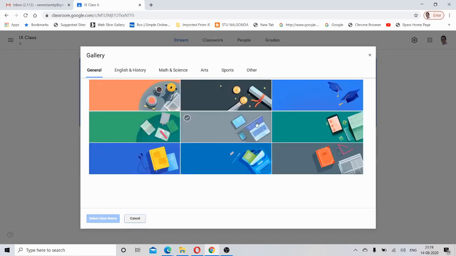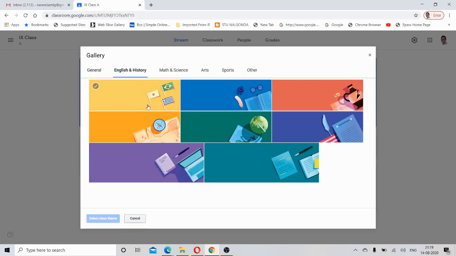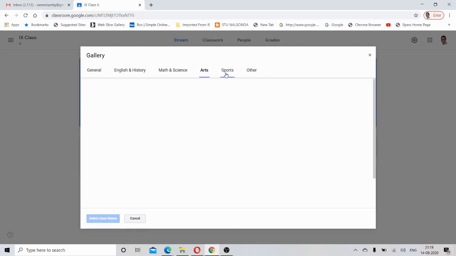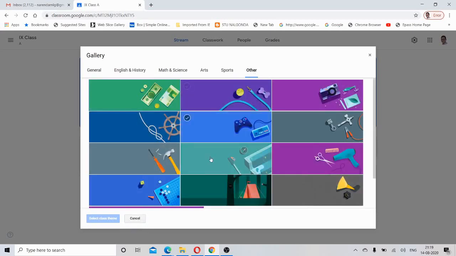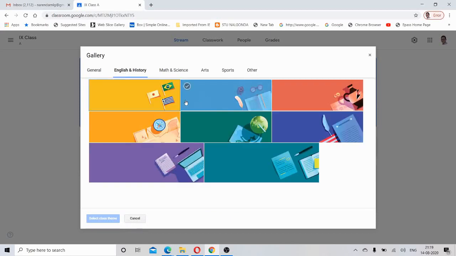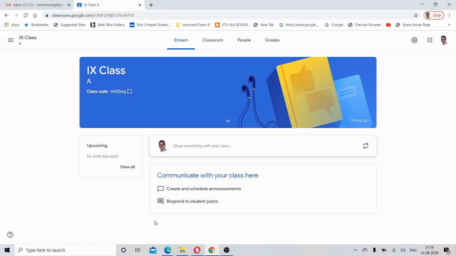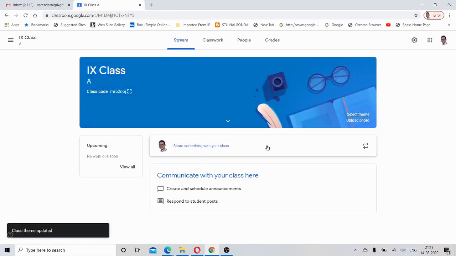These are the general themes, and regarding English and history, we have some more themes: math, science, arts, sports, others, and other technology related themes are also there. But as our class is an English class, this feather represents English, olden literature, and I would like to select that theme. Yeah, I've changed the theme. See here, the theme has been changed.